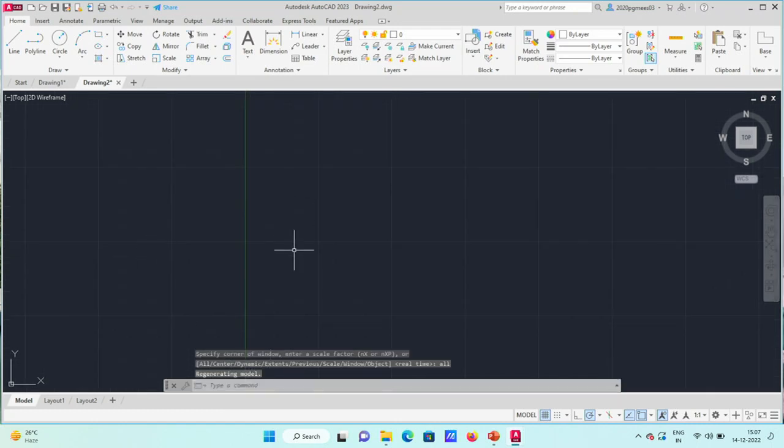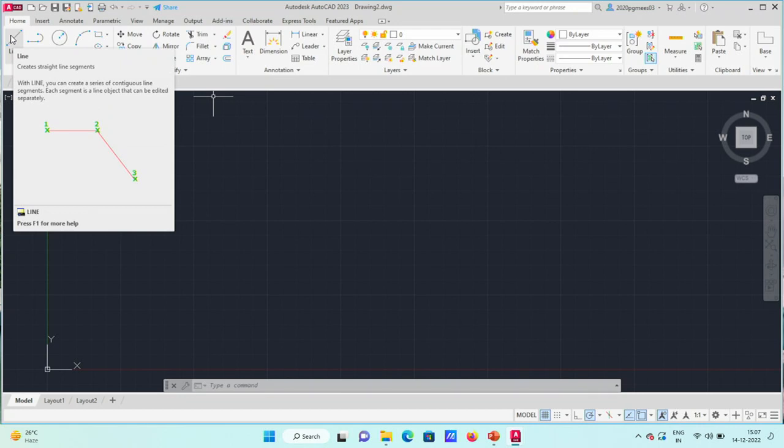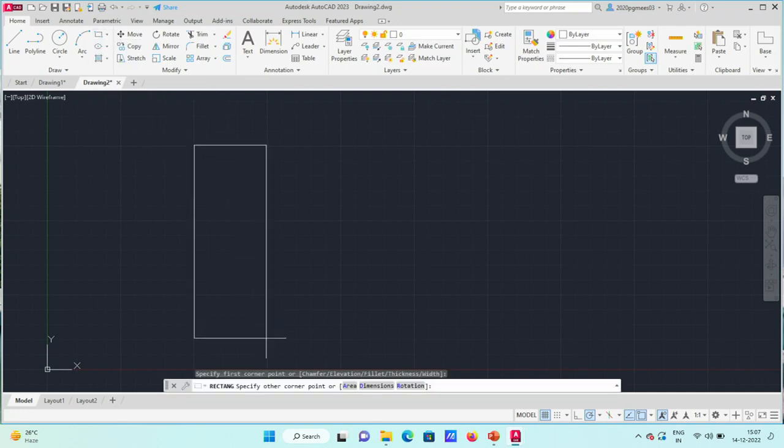Now, I have set a new page. Okay. Let me draw the same object that I drew before, in a different way. First I had drawn it with the line, but we can draw it with polyline also. We can draw it with the rectangle tool too. Since it is a box-like structure, we can draw it using the rectangle tool. Okay. If it is a rectangle like this,